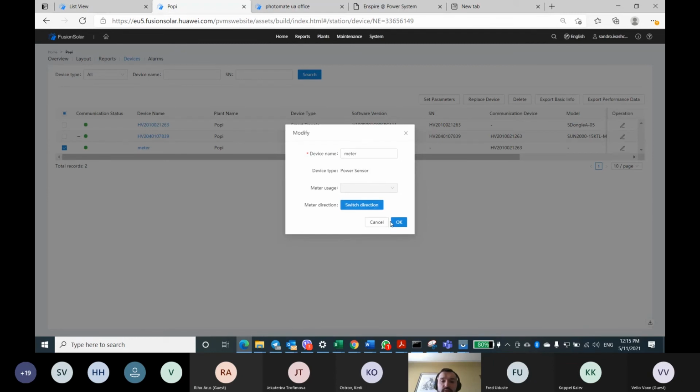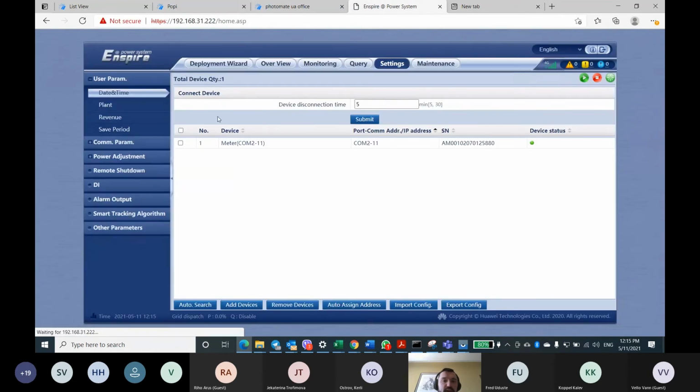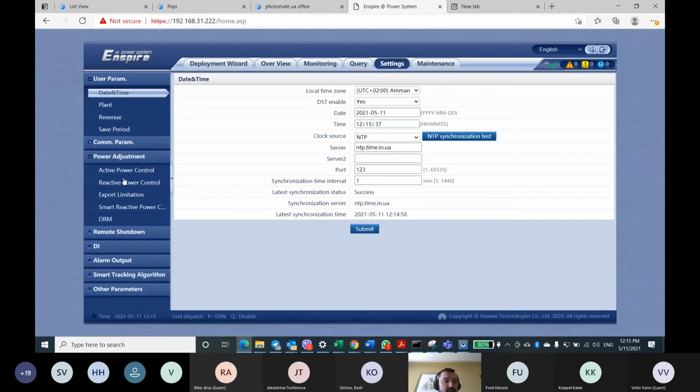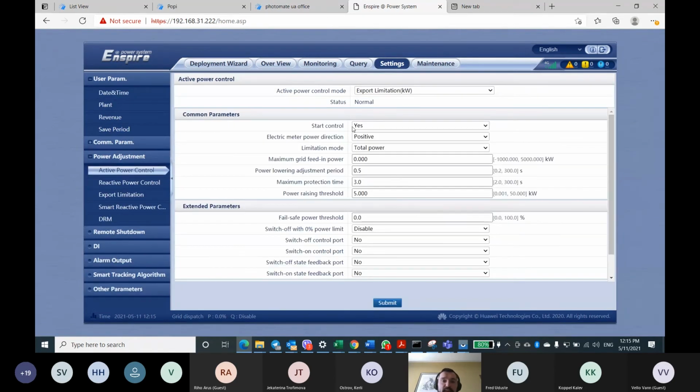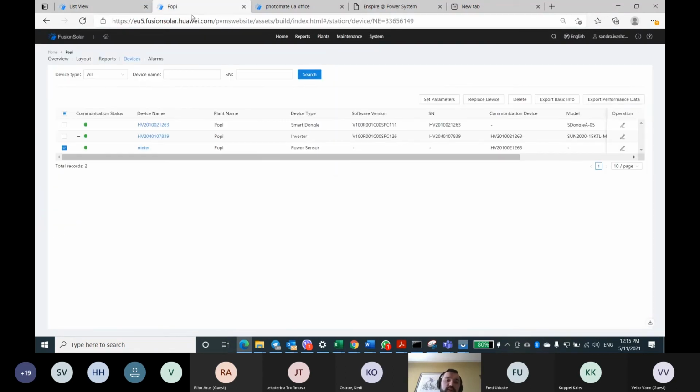Here, you see, you choose the power meter. In the smart logger, I showed you this in the standard settings of export control, but in FusionSolar you need to choose the meter and press modify.